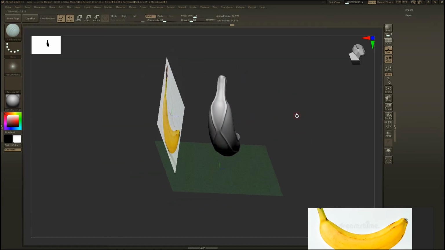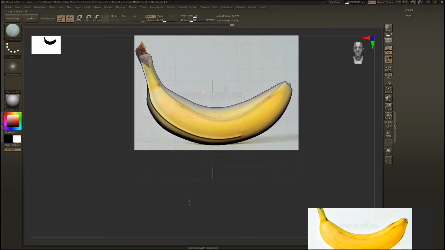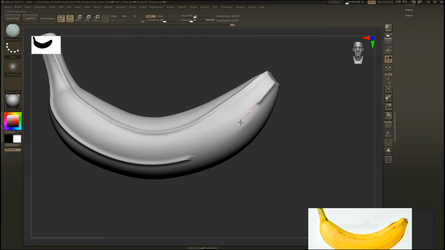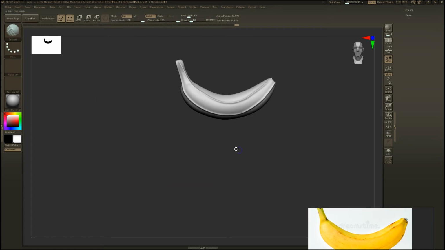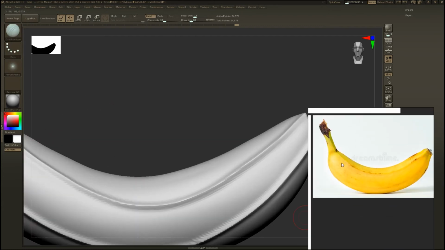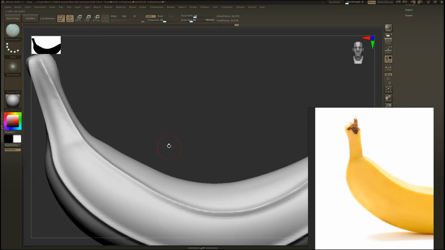But I get some problem here, so try to make it again. So you get something like this. But in the reference you see that these edges are here also.